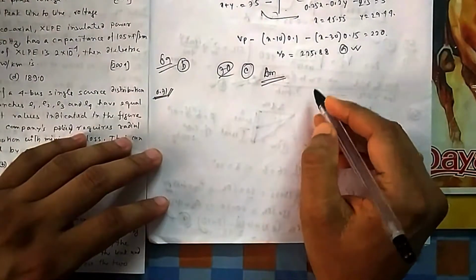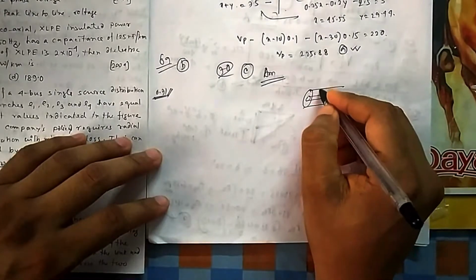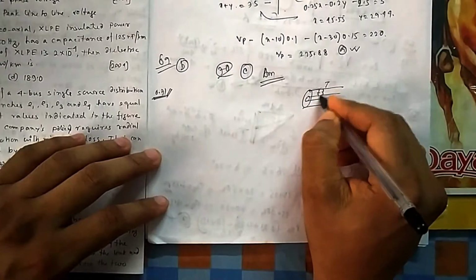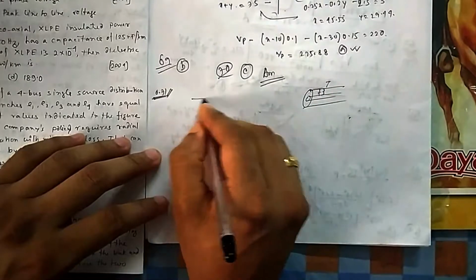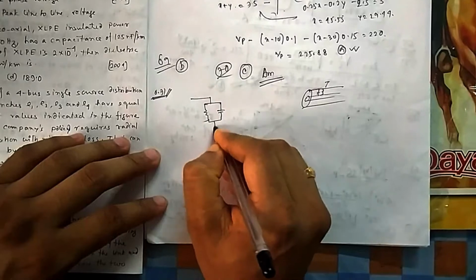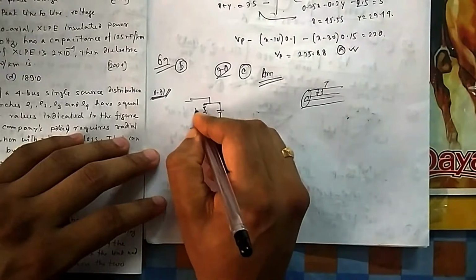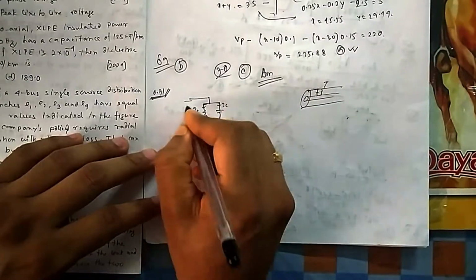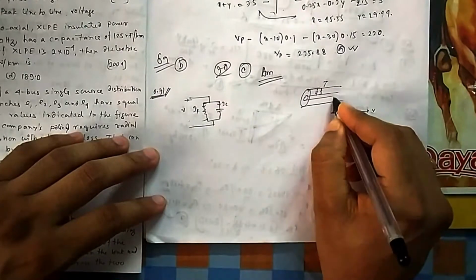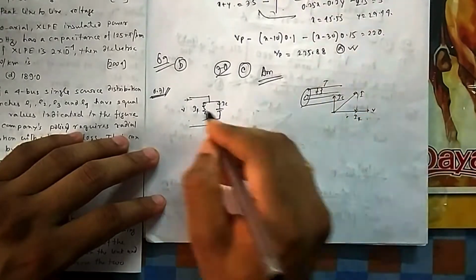So in case of a cable, suppose this is your cable, so your capacitance is with this, because this is your ground, and this is the insulation resistance. So you can think of these two as connected in parallel, a resistance and this capacitance, so it is a parallel RC circuit. So what will be its phasor diagram? Suppose this current is IR, this current is IC, and this is the voltage V. So this is the voltage V, this is your IR, and this is your IC. So this one will be your total I.